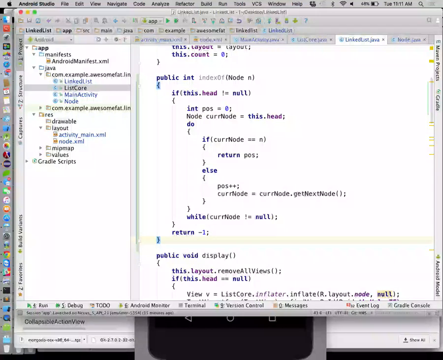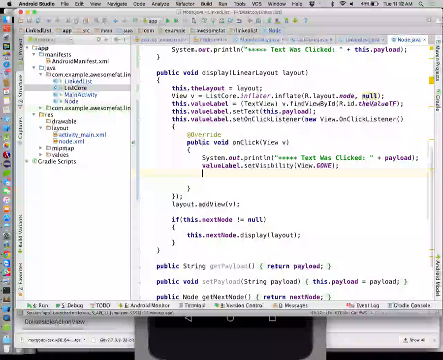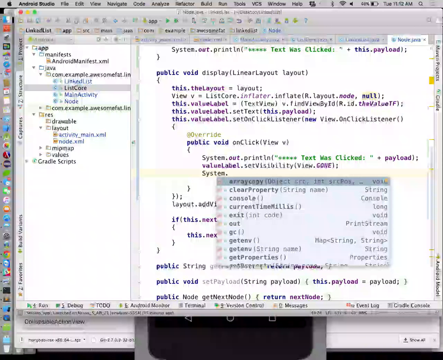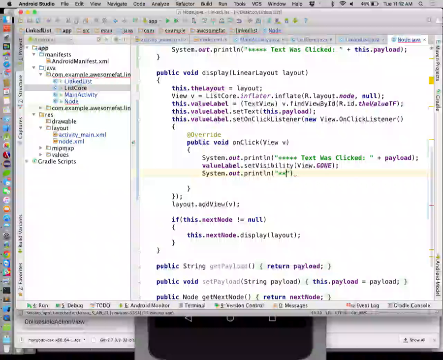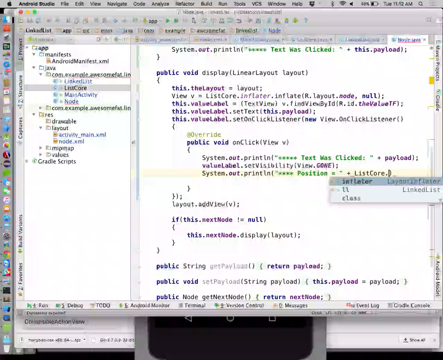So now we know the index, well, we should be able to ask the linked list for the index of ourselves. All right, so let's go back into Node. So now we're setting a dude's visibility to nothing, but let's go ahead and do this. Let's do System.out.println position is equal to, and what's called ListCore.ll.indexOf